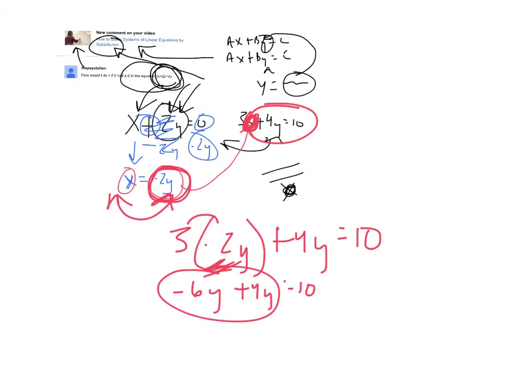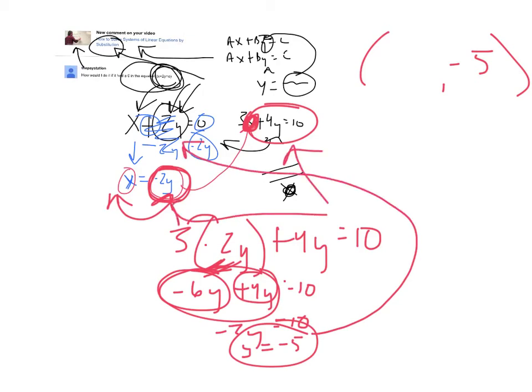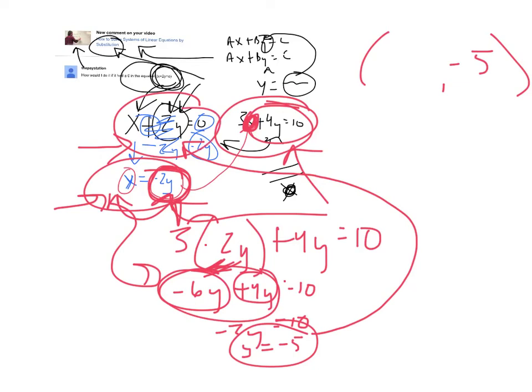Okay, so negative 6y plus 4y is negative 2y equals 10. Then divide by negative 2, and y is negative 5. And then you're almost done. You found your y, which is negative 5. You just need to find the x, and all you have to do is plug it into either of your starting equations. You could plug it in here, but you did some work there, and say you messed up right here, it would mess up this answer, which would mess up everything. So plug it into one of these. I'm going to use the original one that the person gave me.